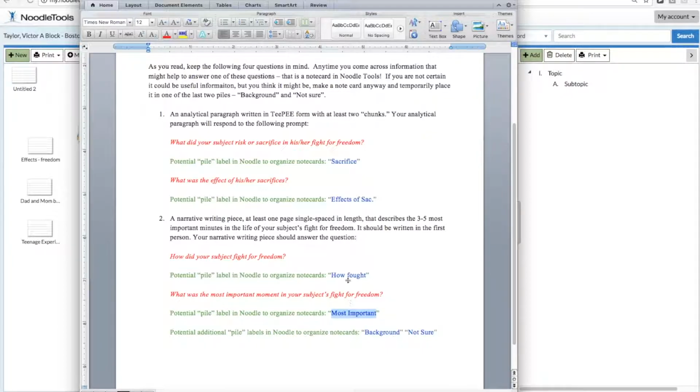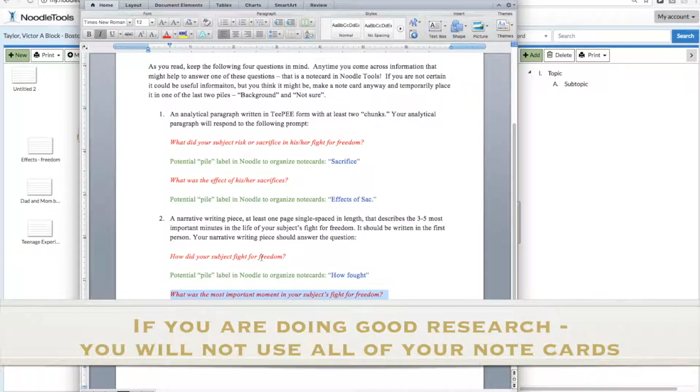In addition to having 4 piles that specifically address the 4 questions you need to ask, you might also have 2 additional piles. One I'm calling background, just general background information. So it may not obviously fit into any one of these 4 questions, but you're not sure. Maybe you will be using it, maybe not. So this 5th pile is called background. And another one is called not sure. You're not certain if that information is going to be useful to help you answer any one of these 4 questions. But you're still early in the research process, so you're going to make a note card anyhow because it